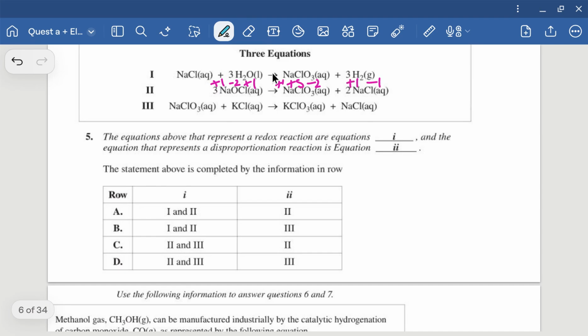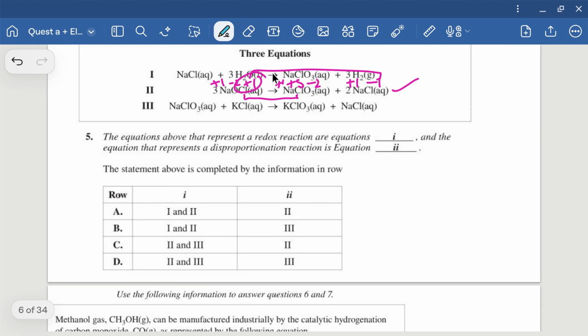So we would see in this reaction, chlorine is going from +1 to +5. That is a loss of electrons, and it's going from +1 to -1. That is a gain. So this is also a redox reaction. It also is showing chlorine undergoing